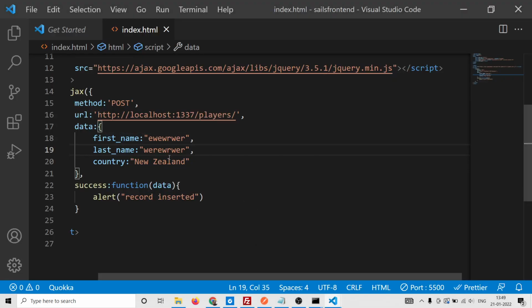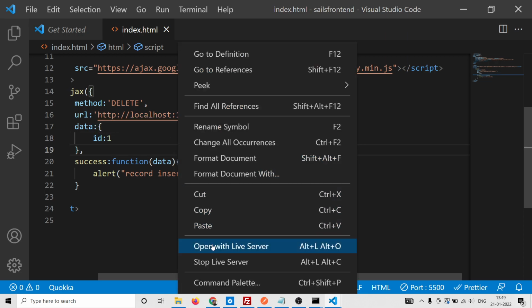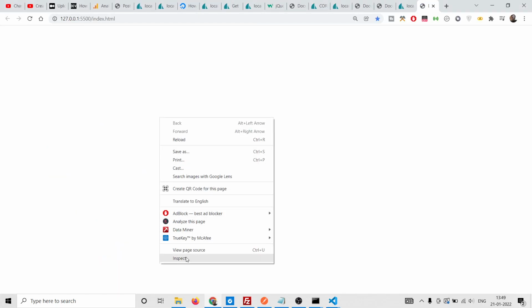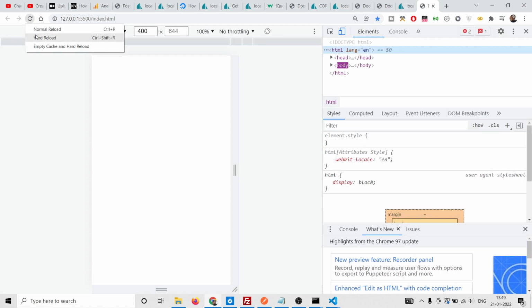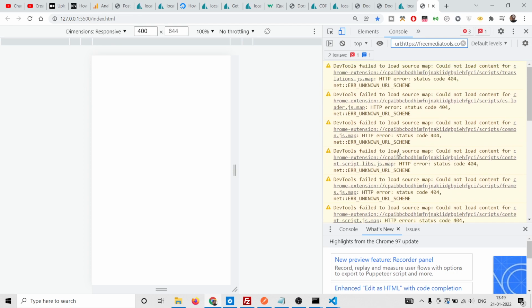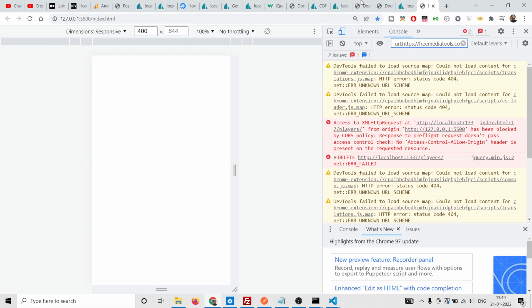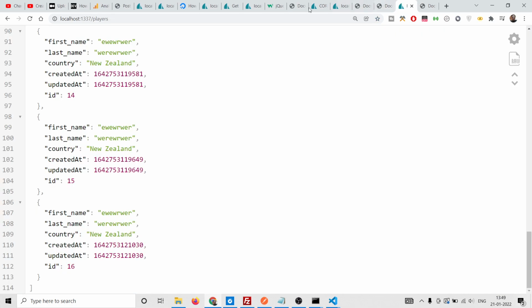And if you want to delete any of the players here, you can make a delete request. And let's suppose I want to delete a player with the ID equal to 1. So if I again refresh it,